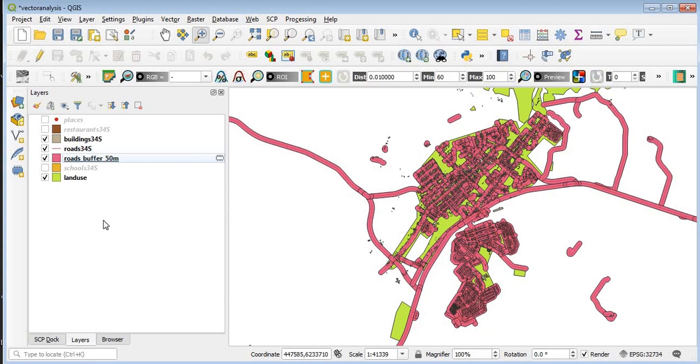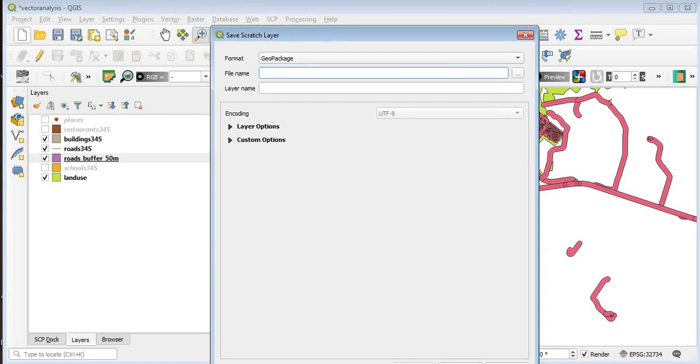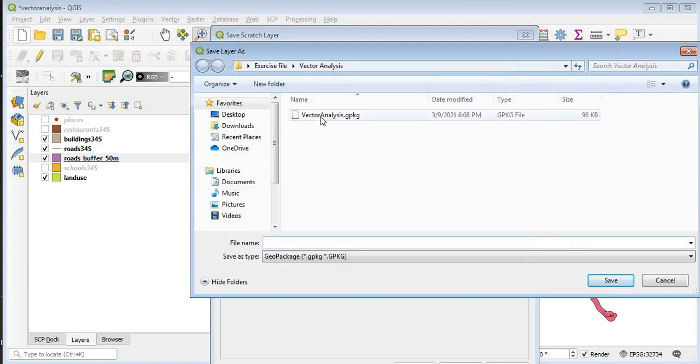And so, having created a road buffer of 50 meters, you'd notice that there is this icon here, the temporary scratch layer. And so what we just created is temporary, and so what you want to do is to save it into the vector analysis package that we initially created from the beginning. And so click on it. It opens up this save scratch layer. You want to save it permanently into the package folder, so you look out for the package file name, which is the vector analysis. Click on it and click on save,